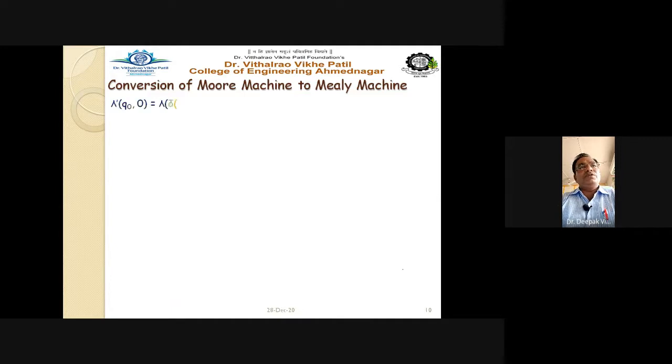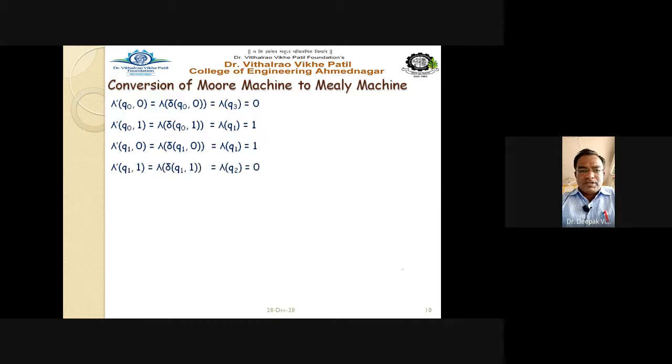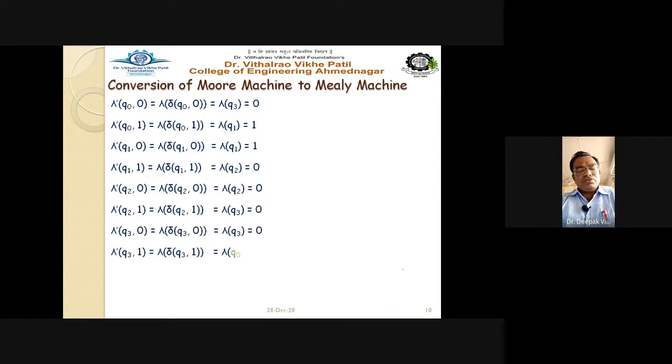So let us find it out. Lambda dash of q0 on 0, q0 state on 0 input, is equal to lambda of delta of q0, 0, which is equal to lambda of q3. Then the same way q1 on 0, q1 on 1. Each state on each input we have to find out: q2 on 0 and 1, and q3 on 0 and 1. So how many transitions are there? There are a total of 8 transitions, 1 2 3 4 5 6 7 8, right? So according to all these transitions,